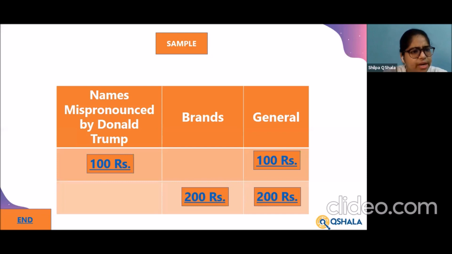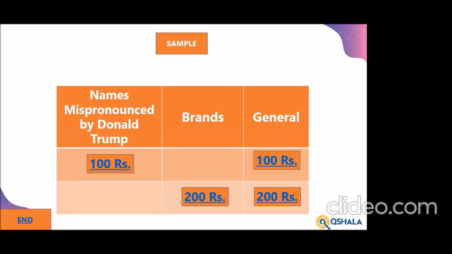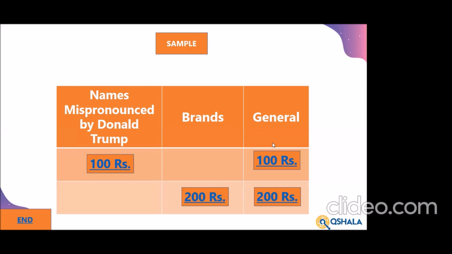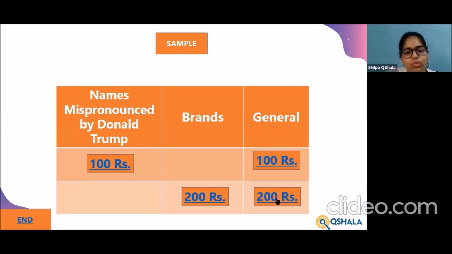Let's have Ms. Jaya go then. I don't think I can hear Ms. Priya. Yeah, tell me, ma'am. I am here, Jaya. So, ma'am, can you tell me which brand and for how much do you want to play this? Okay, I will choose General, ma'am. It's for 200. Okay, General 200.